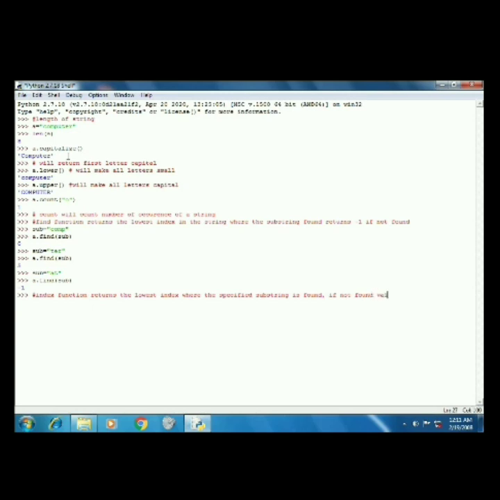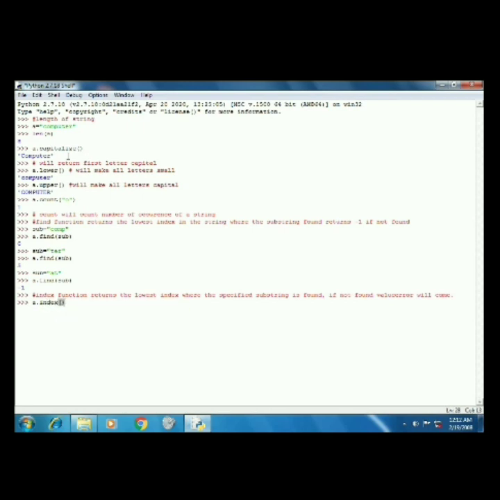We use index and find functions only when we want to know the index position of a substring. For checking the presence of a substring, we use the in operator. A is equal to computer.